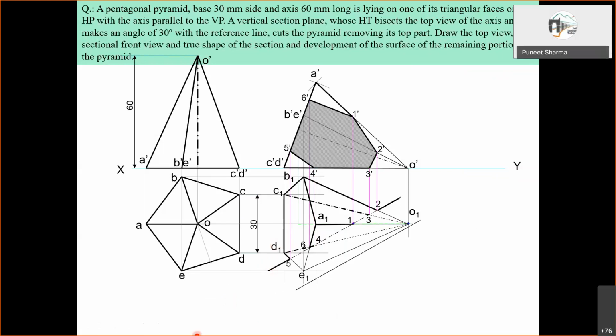Then you draw projectors from all these points located, 1, 2, 3, 4, 5, 6. Then measure their distances from the corresponding previous front view and locate all the points. The names are given in corresponding fashion, so this can be located and observed.